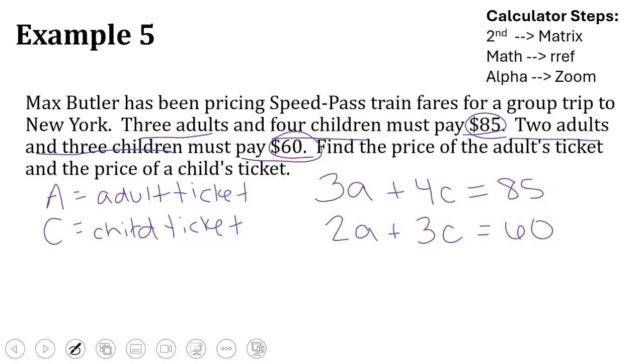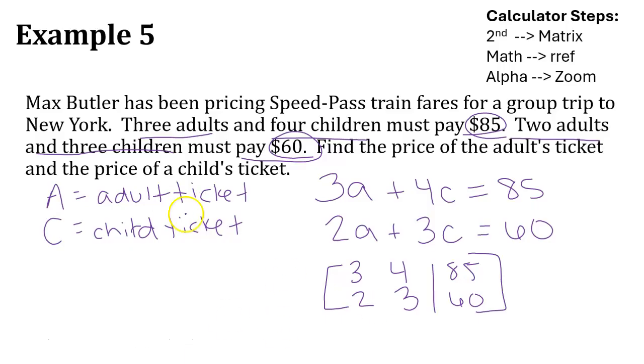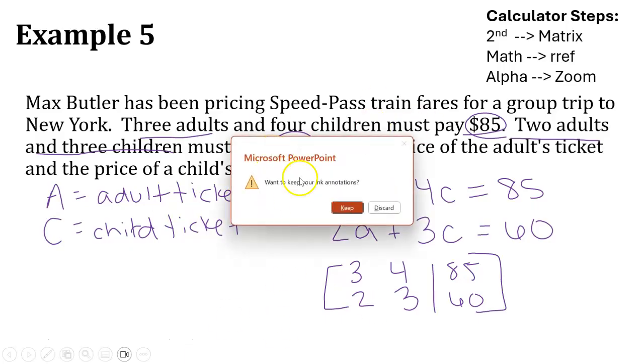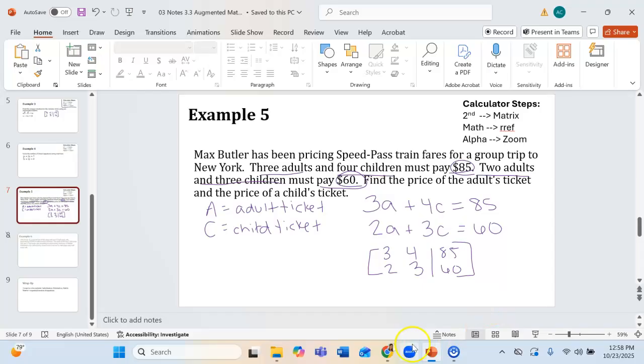So now let's make our matrix. We have the top A is 3, 4, and then 85. And the bottom equation, we have 2, 3, and 60. So now let's go to our calculator